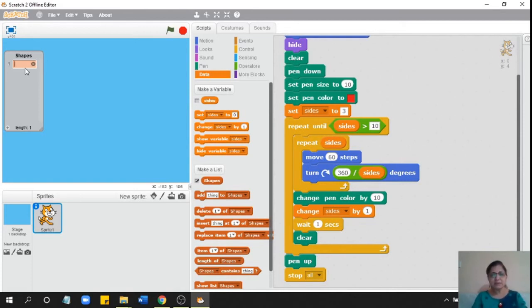So the first element is triangle. So I am typing over here triangle. Okay. Now to write the second element, I can either press the plus button here or I simply press the enter key. Now if I type over here square, enter.